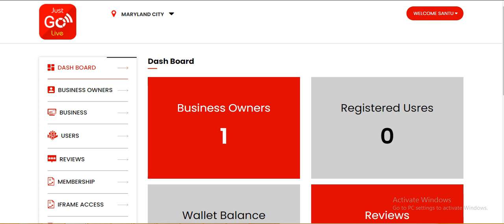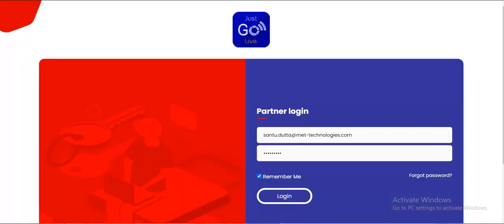Okay, now that you have created your subdomain and personalized your subdomain, now you can log in to the subdomain using the same user credential that you had created while registration. You can use the same email ID and password to log into the subdomain. So this is the subdomain page. You can see this is the subdomain that I had created and this is the login screen.